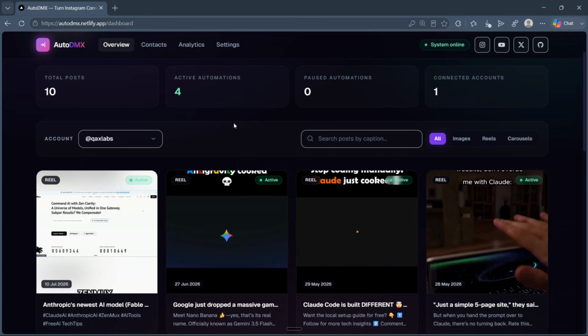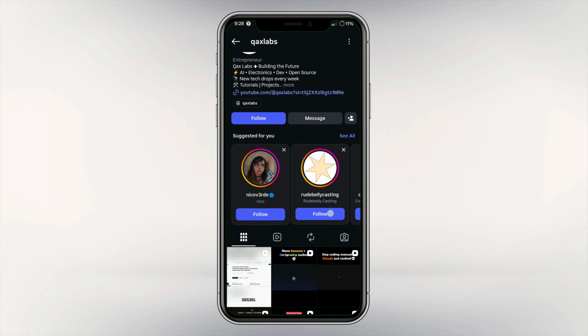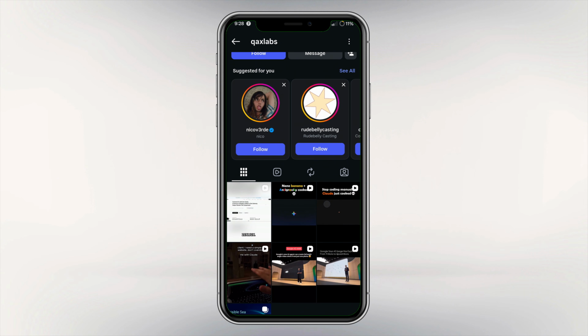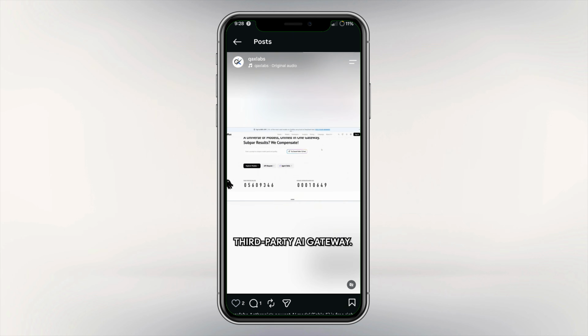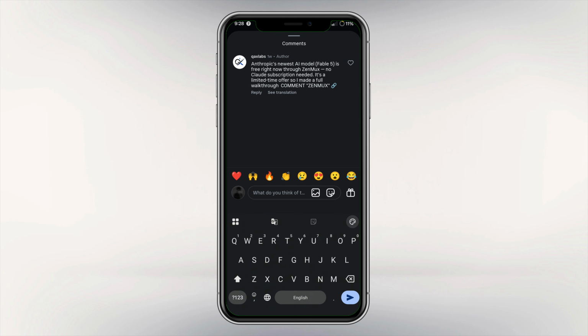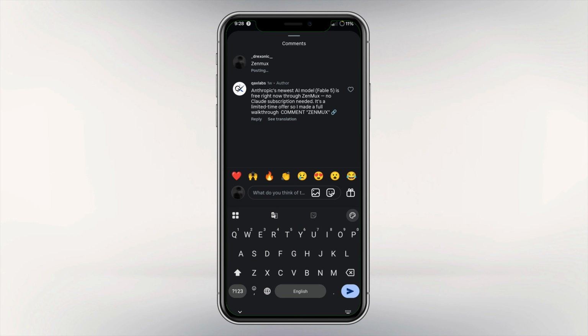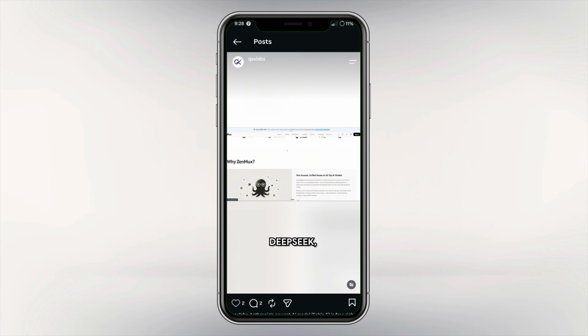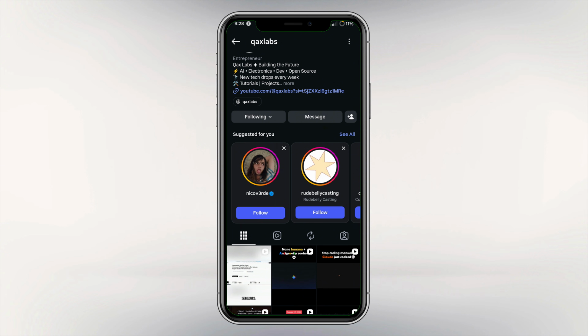Live test. Commenting the keyword right now from a second account. Under 2 seconds from comment to DM in the inbox. 1 comment, 1 reply, 1 DM, 0 manual work, and the logs show exactly what happened at every step. Public reply posted, private DM sent. Tap I followed. The bot rechecks and releases the link. The person doesn't get the link until their actual